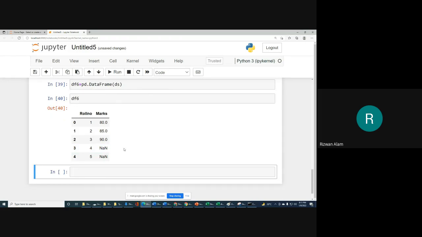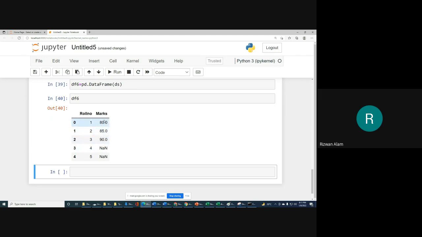number. So what is actually not a number? Not a number simply represents a missing value. It means we don't have a number. And what will be the type? It will be simply floating type. That's why you can see that the rest of the marks have also been stored in float data type.